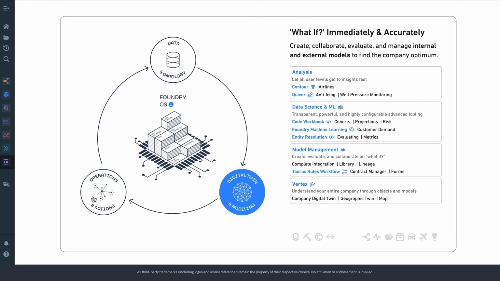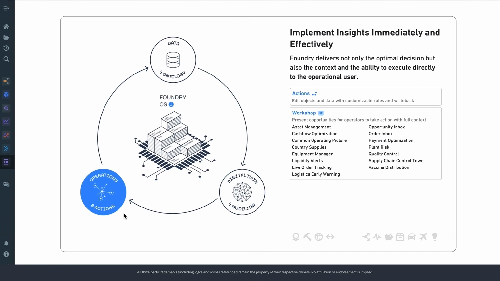And then finally, we talked about how this all comes together in, again, where 70 to 80% of Foundry users live, which is operational applications, which you can build using low code, no code, or pro code application builders, and can also, of course, be surfaced directly via the APIs if you want to build external applications as well.